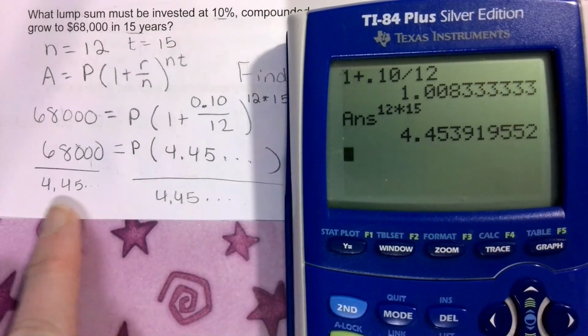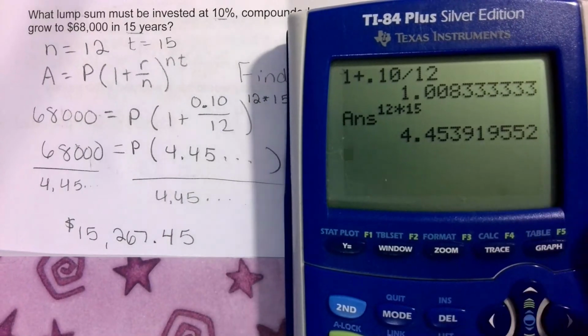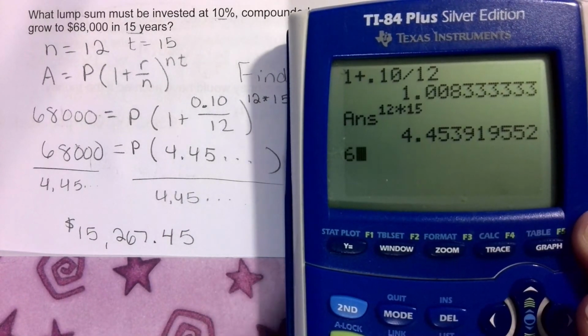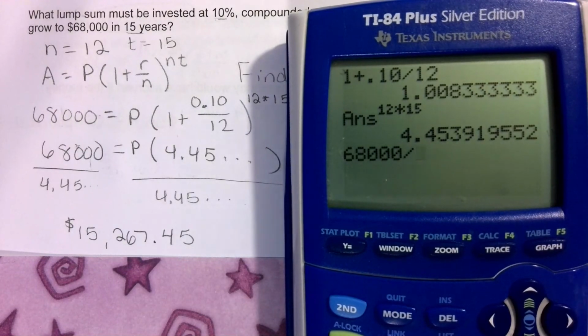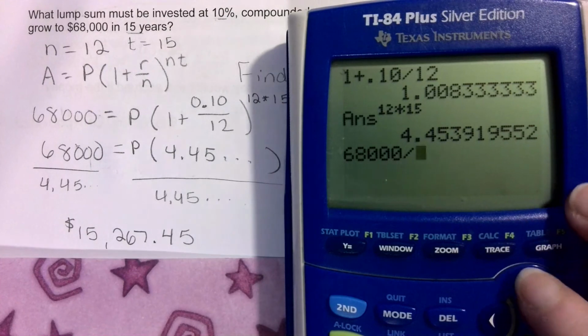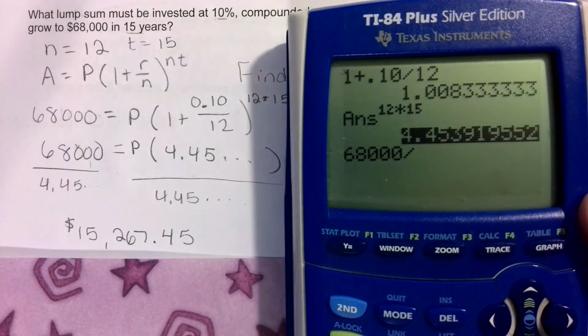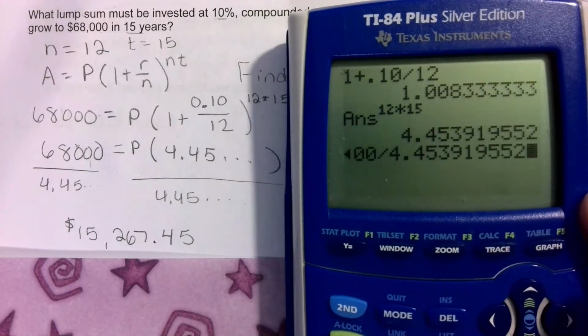So I'm going to use one of those smart things my calculator does and put in 68,000 divided by, now I want it to use the answer from the previous line, so I can arrow up and get that number and press enter,